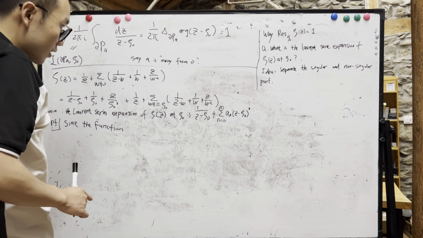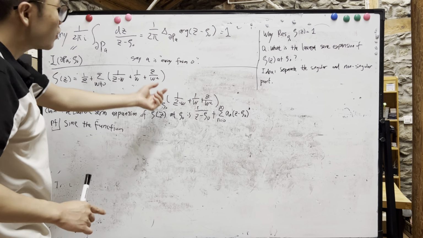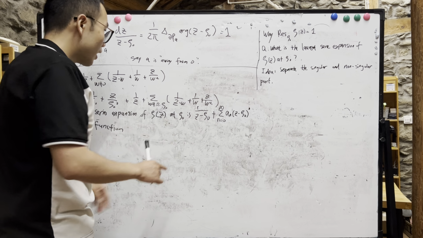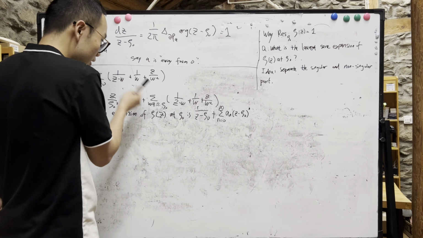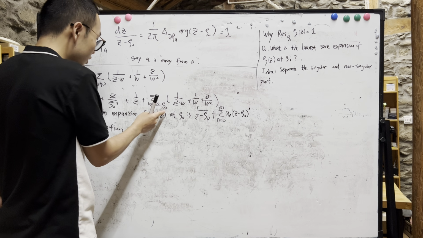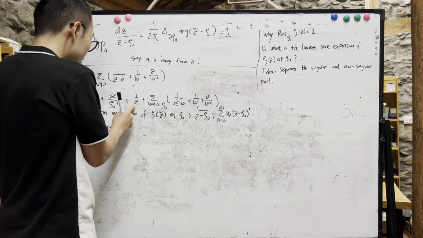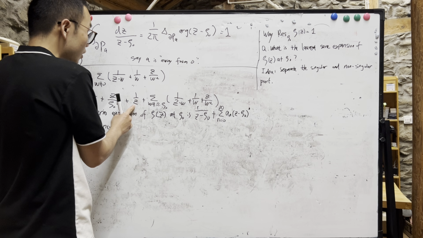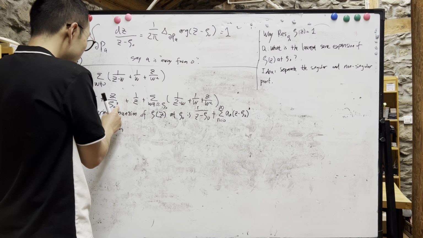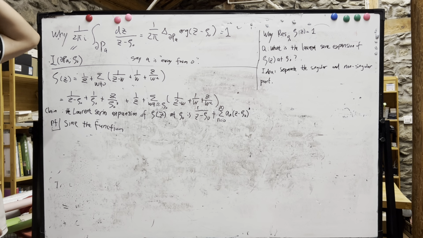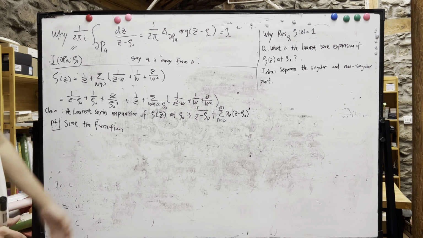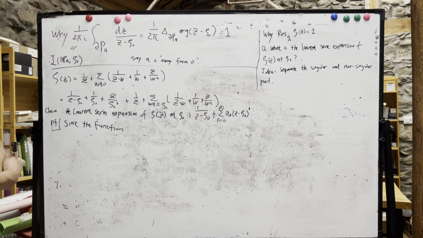So this means that everything else here is holomorphic near this zeta naught, and this is also holomorphic near zeta naught. So basically, if you take a limit of holomorphic functions, and the convergence is also